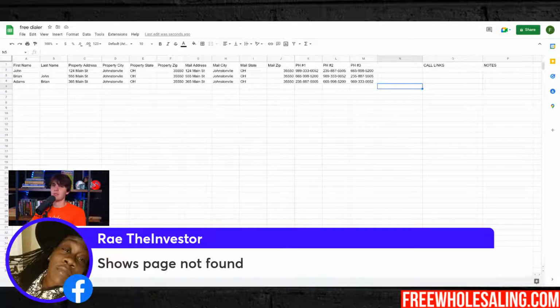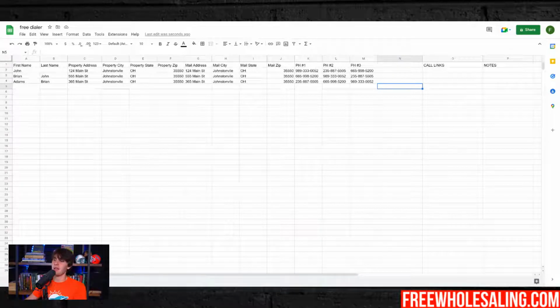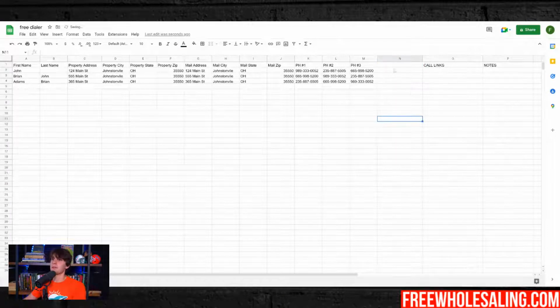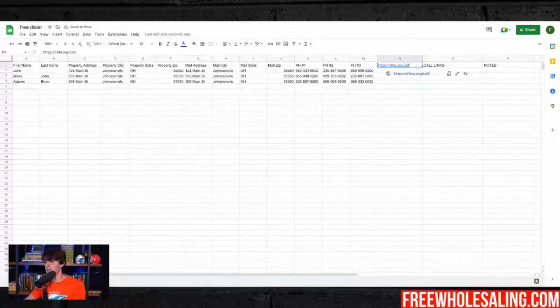You have to add the phone number after the link for it to find the number. Otherwise it says page not found. Also, you need to go to Google Voice and enable the one click. It works pretty well there. So let's go back here. Paste it, create the hyperlink. We are going to make this all R1. I'm going to copy this and then paste it down.